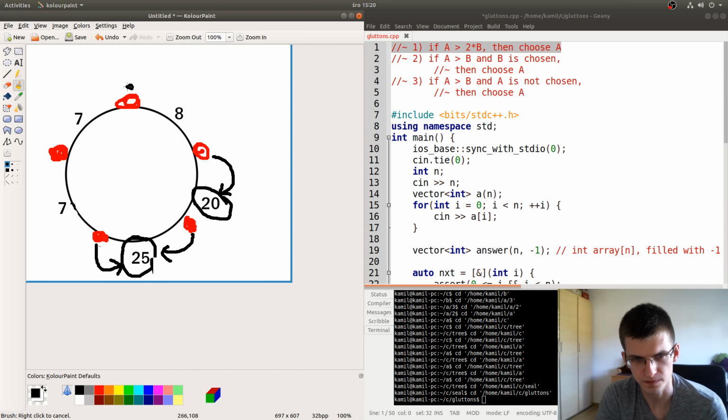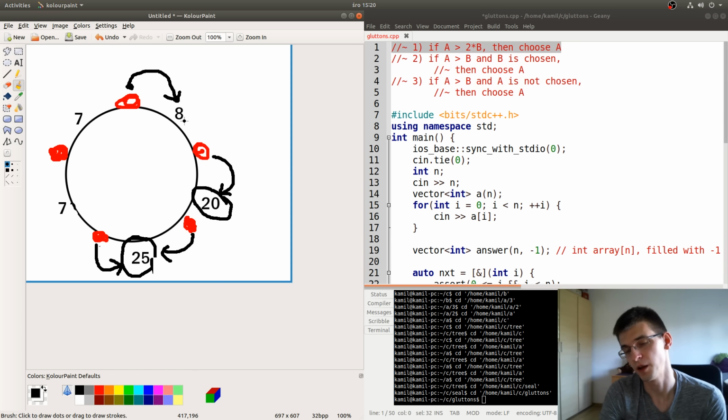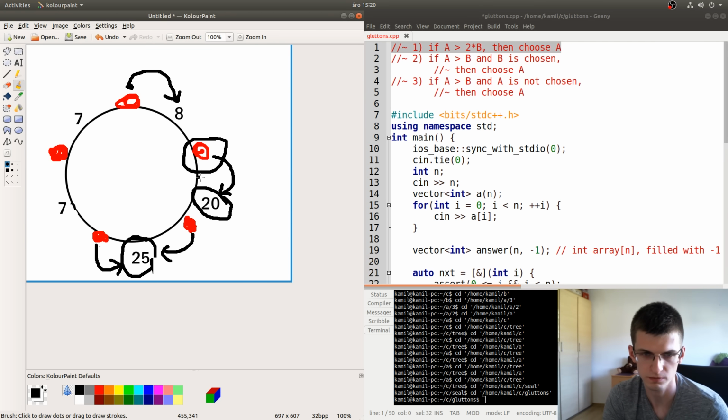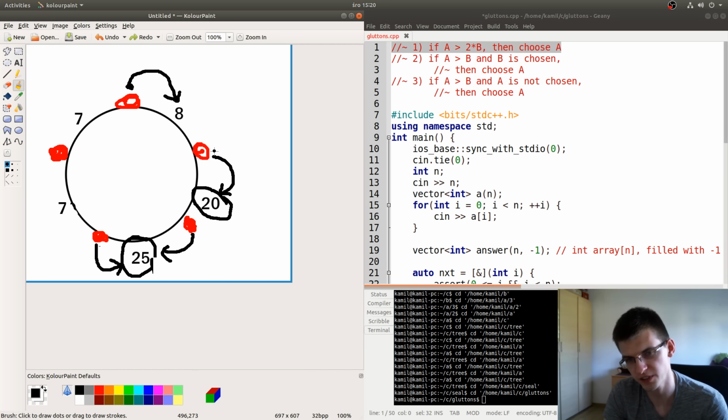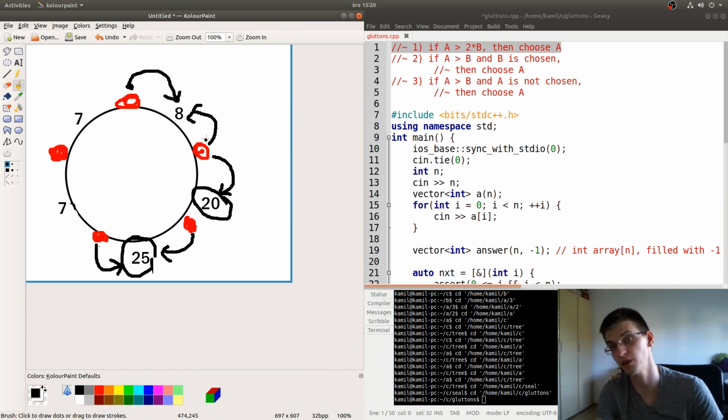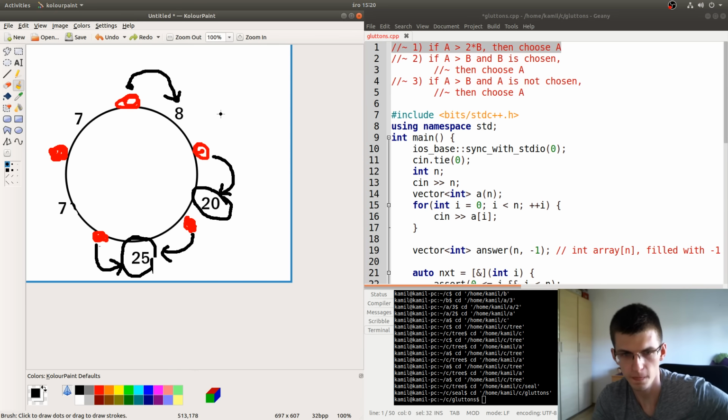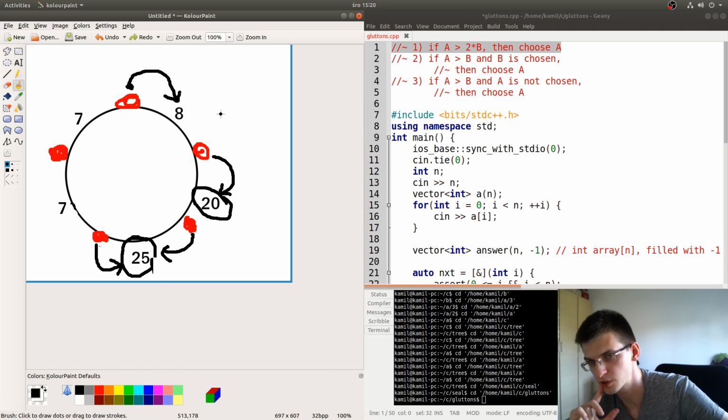For example, this person, assuming that none of his neighboring cakes will be taken ever, he indeed should take this cake. But what if later it turns out that there is some person to his right? Of course it isn't true here because that person already decided. But what if this person later sees that this value is better for him as well? So we should try to prove or somehow find a counterexample, whether it's possible or not.